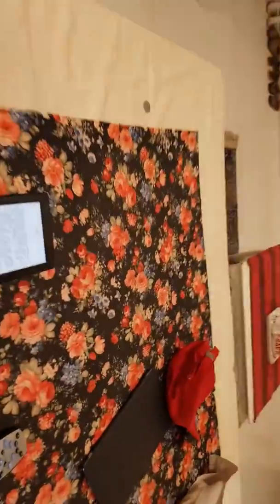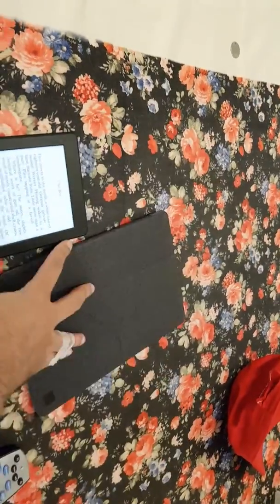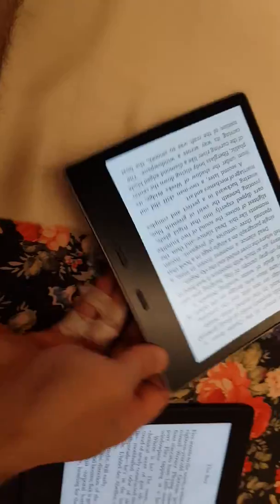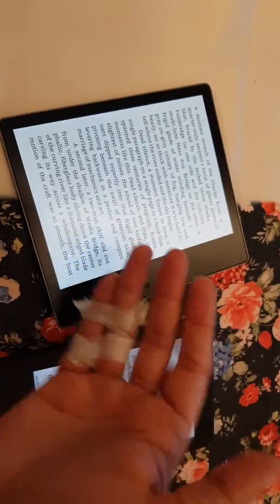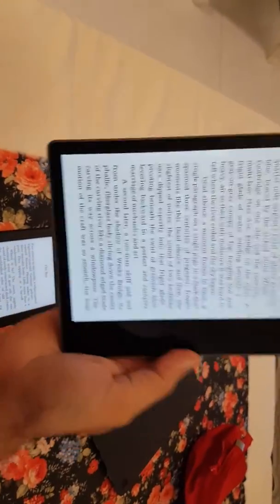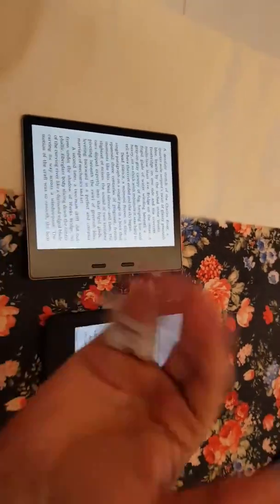But then why don't I just use this in that case? This also has the Kindle app, my iPad. So I don't know, man. I'm not really feeling this. In fact, I think I'm gonna return this because it's been 3 or 4 days, and if I don't immediately love something which I spent 22,000 rupees on, I don't want to stick with it and find more reasons to